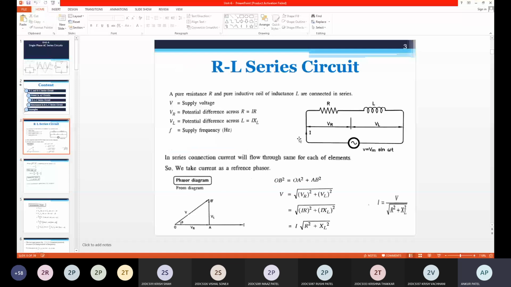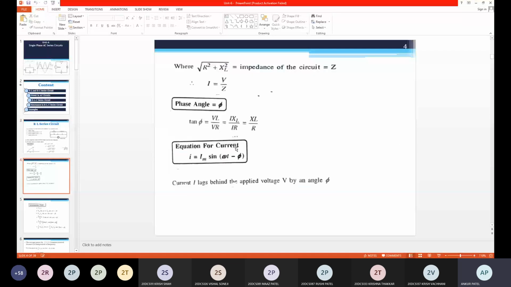And we know this is an RL circuit. So current is I equal to Im sin omega t minus phi. For an RL series circuit, current lags the voltage. So we have the voltage equation V equal to Vm sin omega t, and current is here. So we need to find average power. For that, first we need to find instantaneous power, and from that we will derive average power.